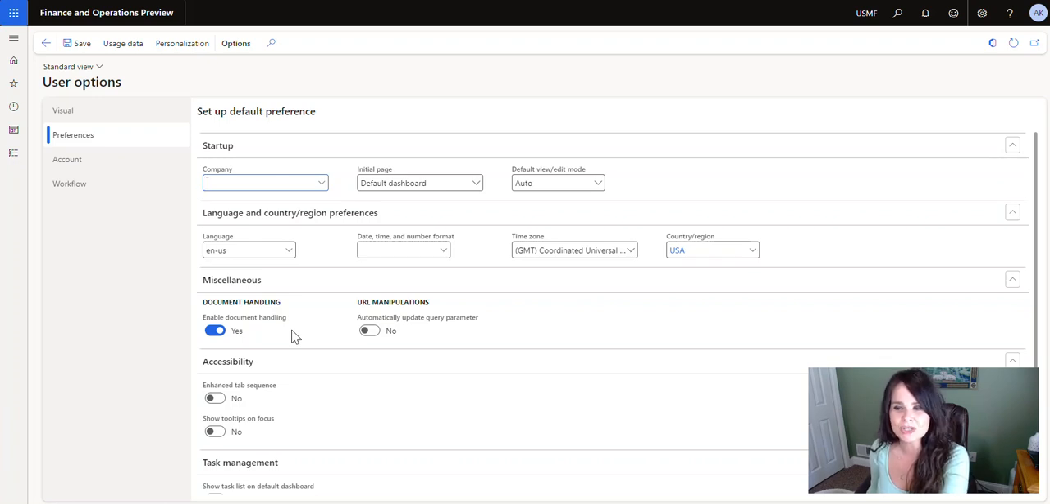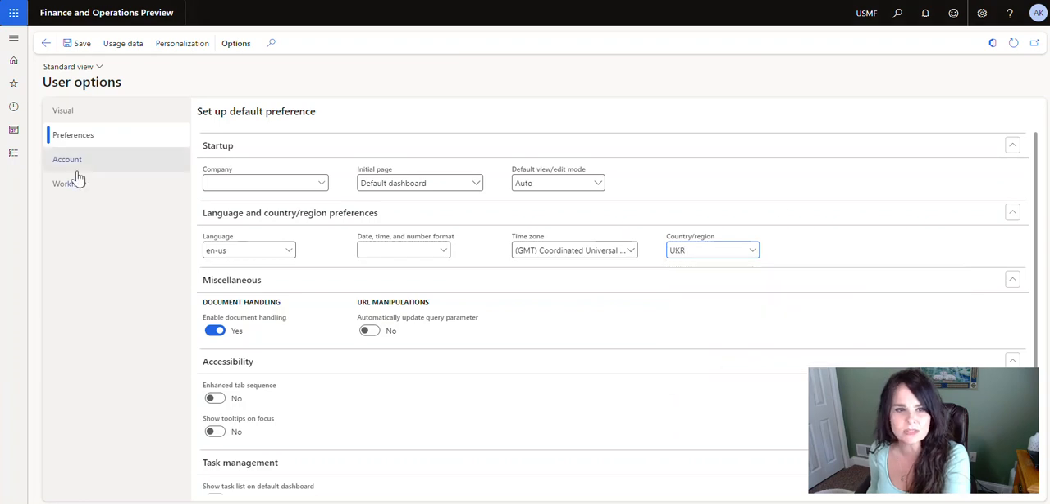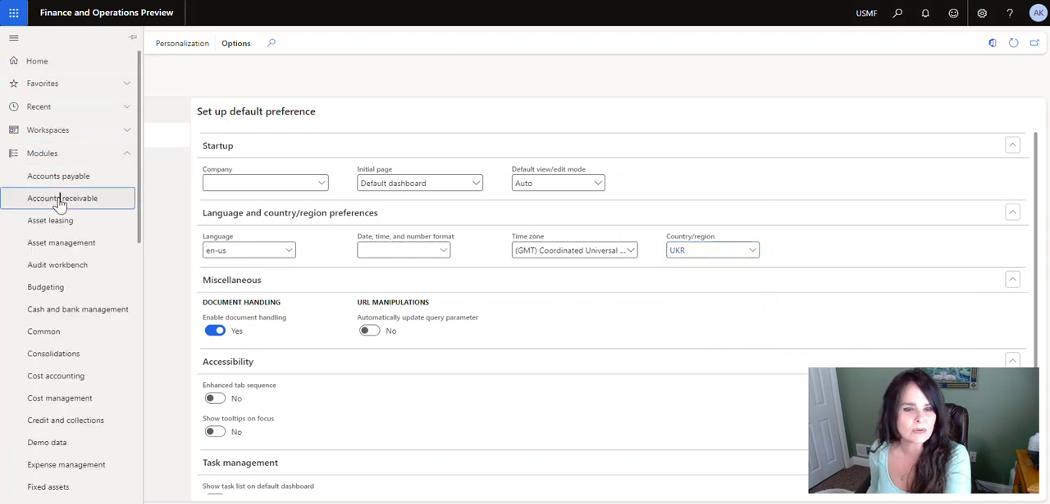The other thing I would like to share with you today is this country region. This is how the system knows what country to default your addresses to when you're adding a new record. Here you can see this says USA, so if I were to try to add a new customer address, for example, it's going to default my country code on that address to USA. If I change this to Ukraine, just as an example,